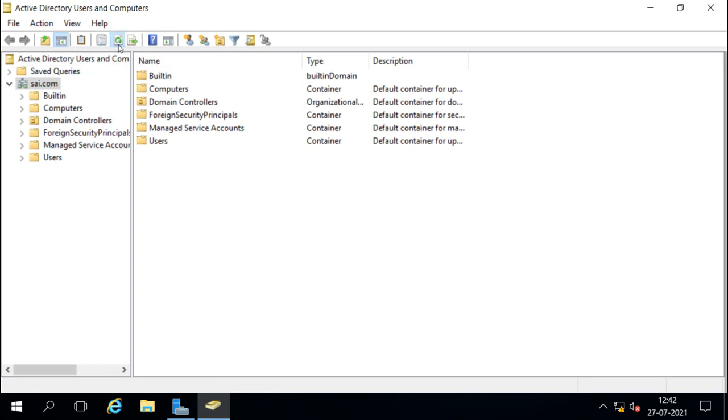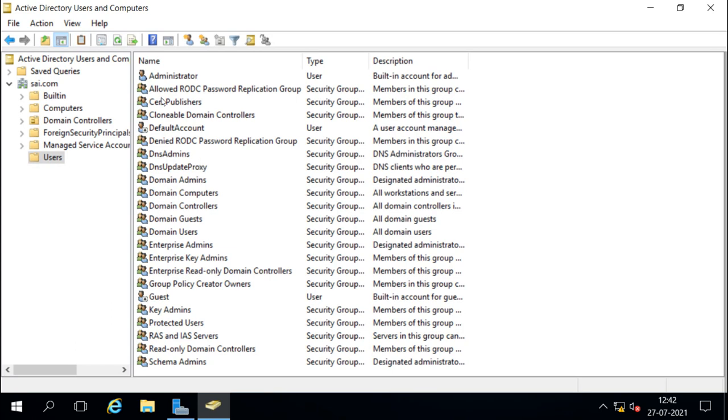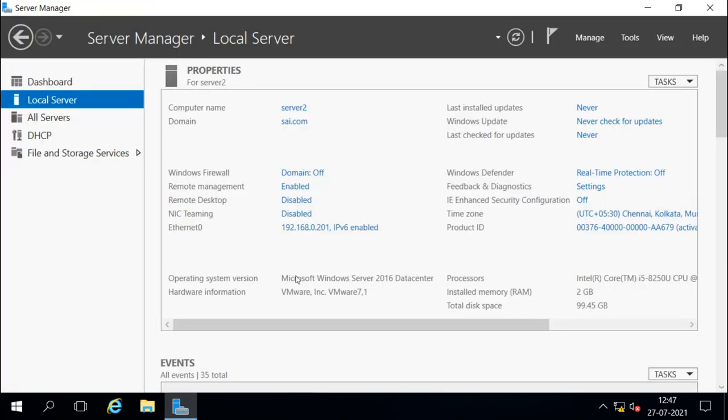After it is restarted, we can see those groups. Now our DHCP server is started, and DHCP services are installed. So now we can configure our DHCP server to give IP addresses to the clients.